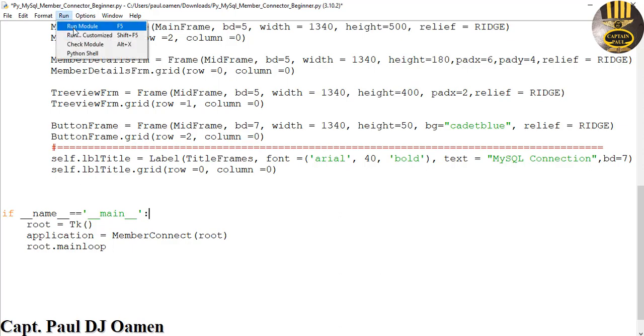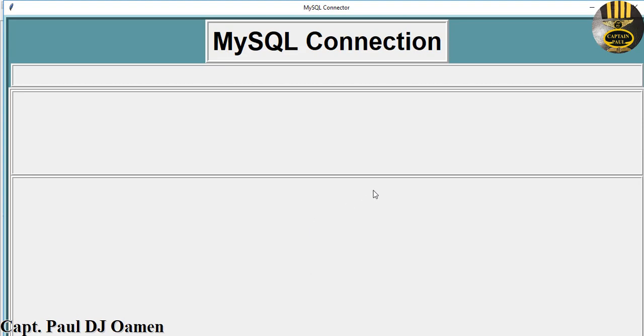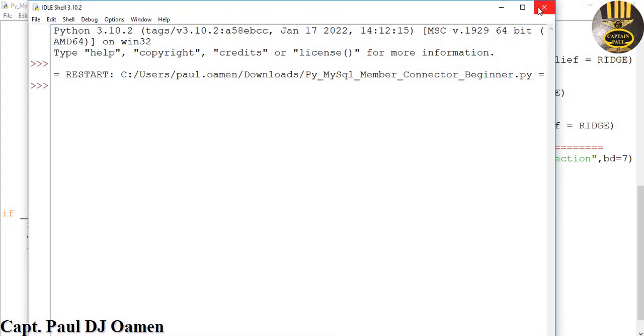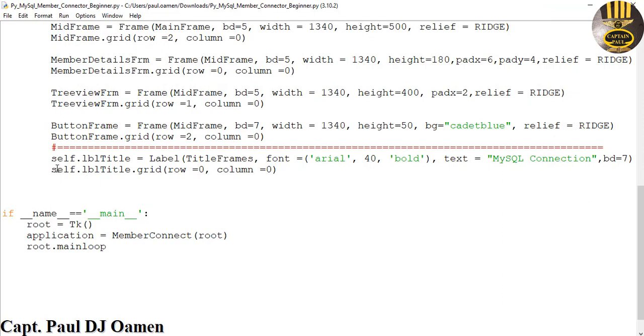I'm going to run it. Save first. There we go, guys. That is it. And as you can see, there seems to be some changes to the framework there, so that's no problem. Let's come right down here. You see right here where we have the row and the column. I'm going to say comma, and let's get it padded